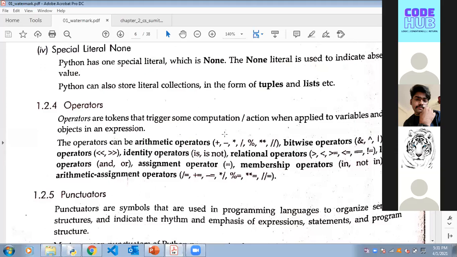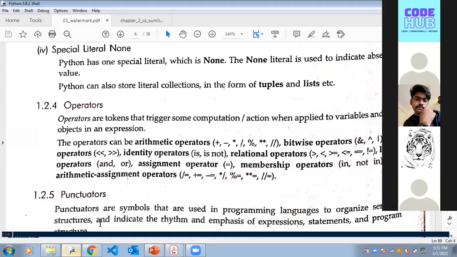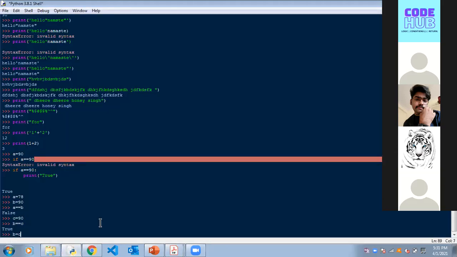Something was different. B was 90, C was 90. It was checking whether... when you write B is equal to C, like Athar was telling, what does it mean? You're trying to say that you're assigning the C value, which is there on the right, to the left variable, isn't it? That is what assignment is. This is an assignment operator.